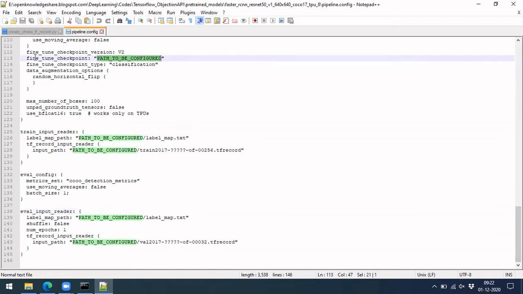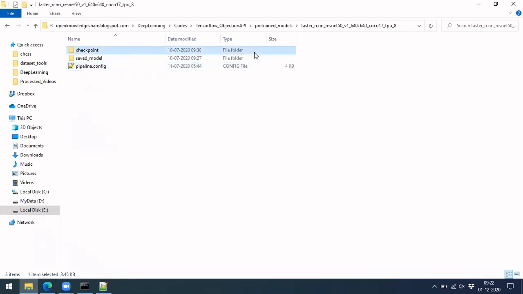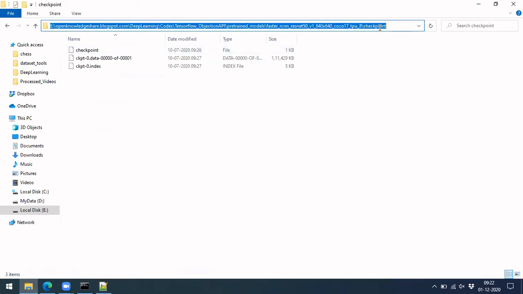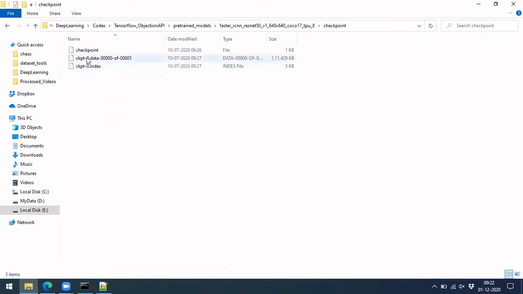We need to make modification at these 5 levels, so you can see this path to be configured. This means the fine-tune checkpoint, what model you want to import. You can give this path, copy the path up to the checkpoint, and you should also take this checkpoint 0 as well.